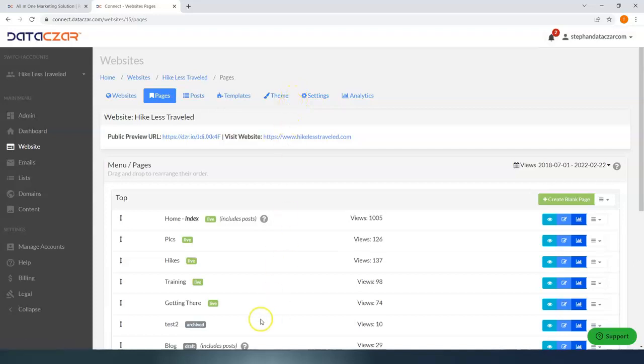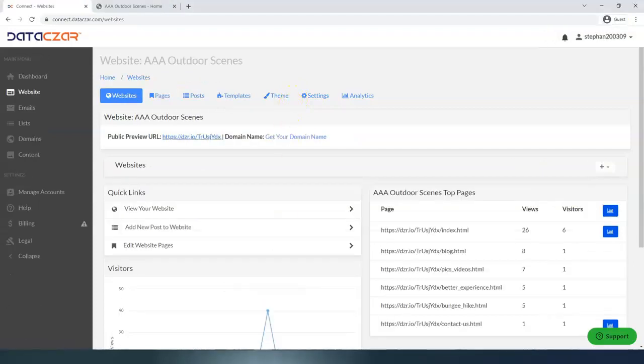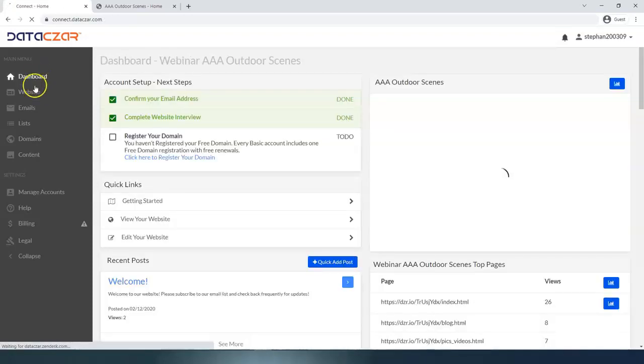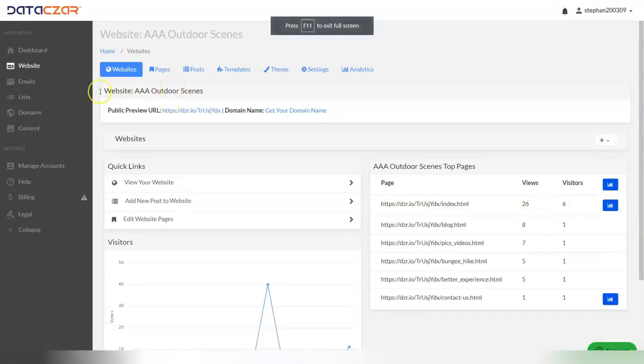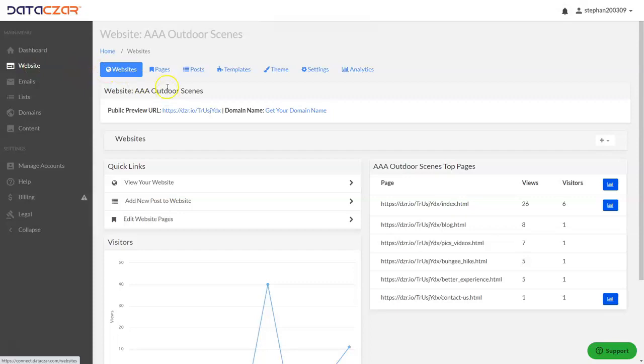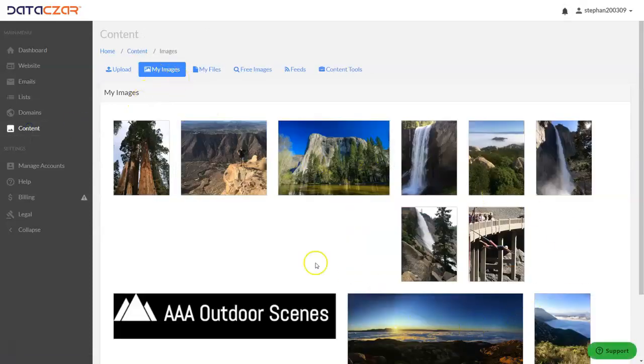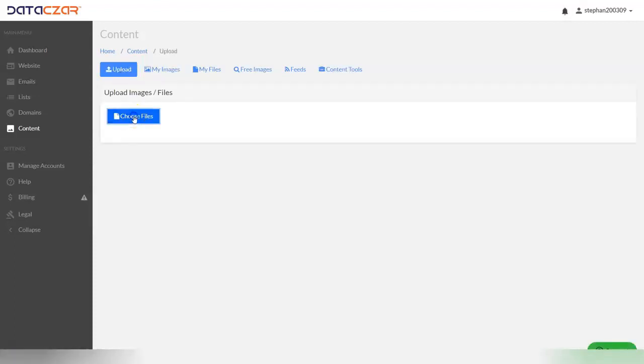So let's go ahead and go back to our other account, our AAA Outdoor Scenes account. And again, we started on dashboard, and then we went to the website button. Let's go back into full screen here. To work on your website, you're going to click on the editing tools here. Before we do that, the first thing I want to show you is how to upload a photo. We're going to click on Content, and we preloaded a bunch of images for creating the website. But if you want to upload an image, you just click the Upload button, you choose the file,